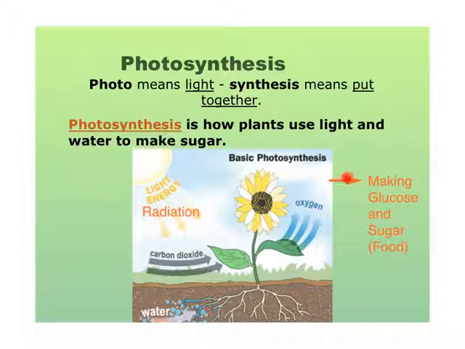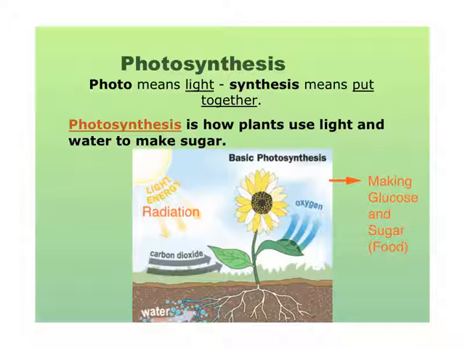So if you look down here at the diagram, here's the light energy from the sun called radiation. It's also the electromagnetic spectrum, and part of that spectrum is the light energy. That's the radiation. The carbon dioxide goes in through the stoma into the chloroplast. The light energy or radiation also comes in through the stoma into the chloroplast. The chlorophyll inside absorbs that light energy and triggers the reaction for carbon dioxide and water that's come up through the roots into the leaf, into the chloroplast,